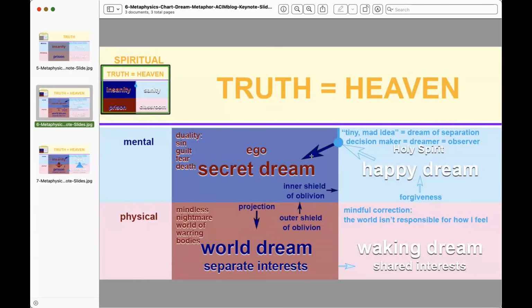as egos. But the ego, because it's a one-way mirror, is just reflecting its own insanity back to itself. So the ego has no visibility whatsoever of the Holy Spirit, and in fact, it doesn't even have any of the Holy Spirit's ideas in its vocabulary. And there's that hermetically sealed, never the twain shall meet thing going on, because the Holy Spirit sees everything differently from the ego. The ego just sees this nightmare, and that's the secret dream. And the Holy Spirit says, well, what if it's a happy dream? Seen differently, because it's a dream of forgiveness.